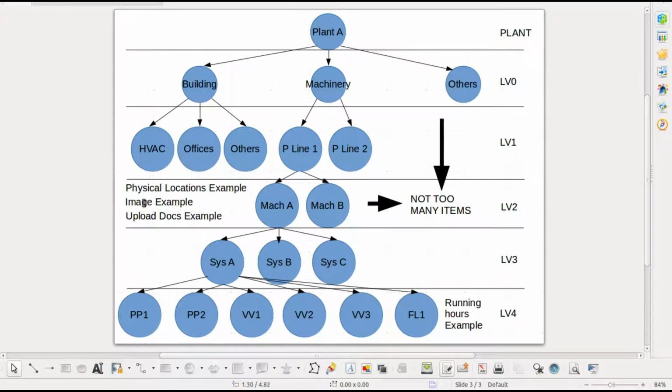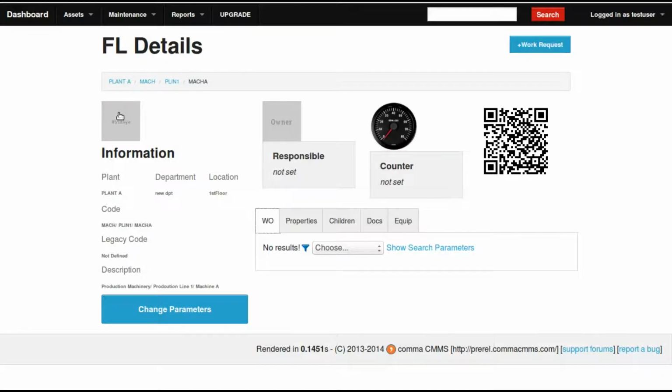The next thing we are going to learn is how to upload an image to a functional location, an image that will be associated with that functional location and will make the properties page look much nicer, and also in some cases will identify a machine because you have a picture of it, and you know you are looking for the correct equipment. So to upload an image to this functional location, you go to the properties page, and we're already there. You choose the